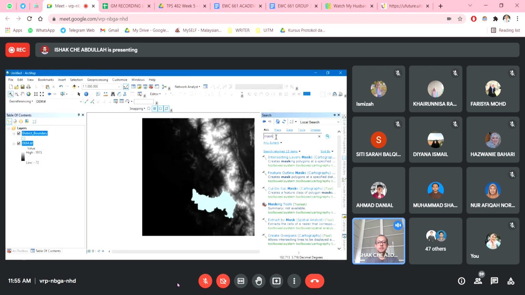So we can actually kita boleh search the tools. So here kita tahu bahawa kita nak buat masking. So kita nak basically kita nak crop lah. So jadi what we can do here adalah kita search for the tools. Sebab tu saya kata di sini, always remember